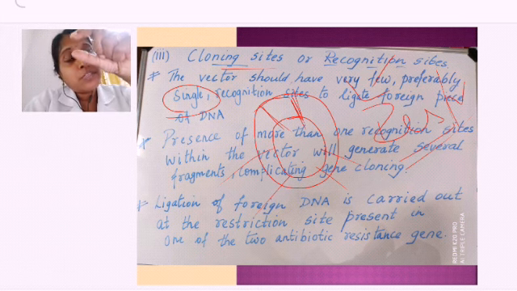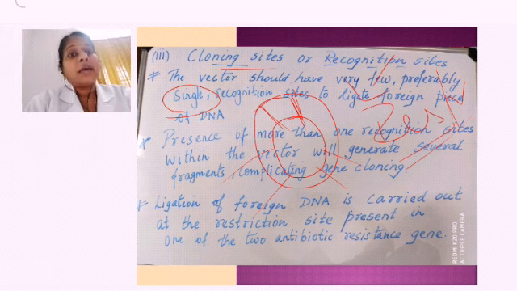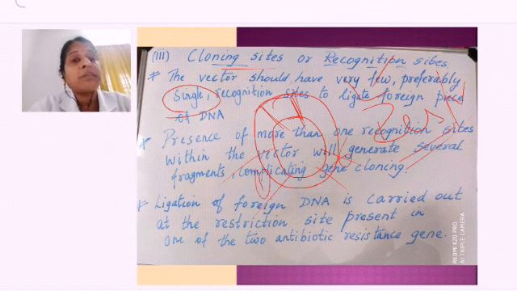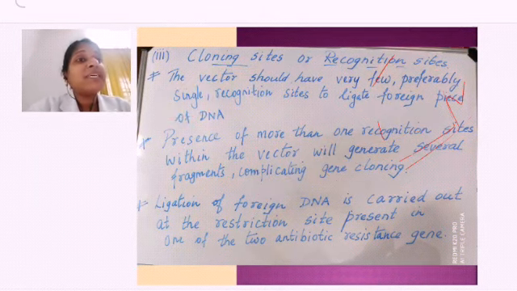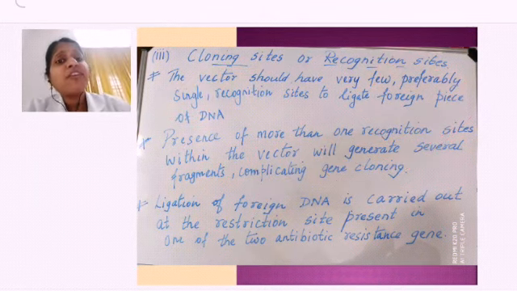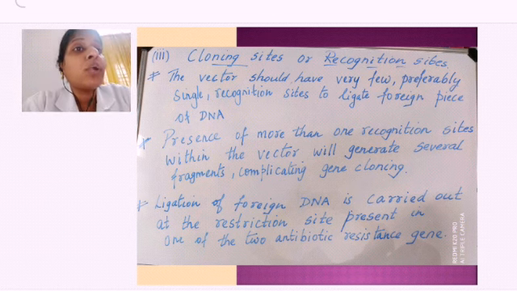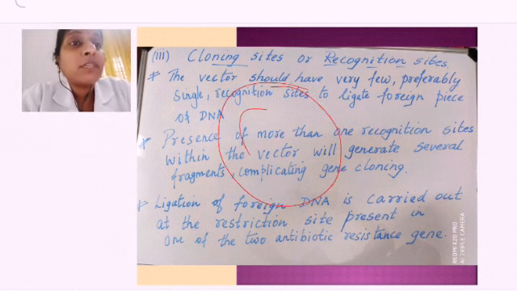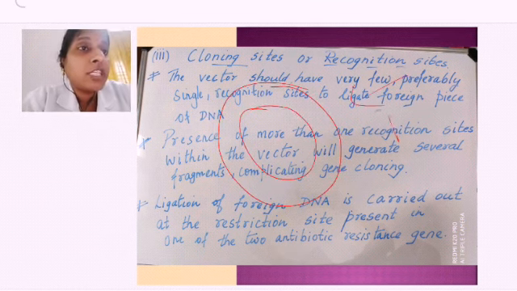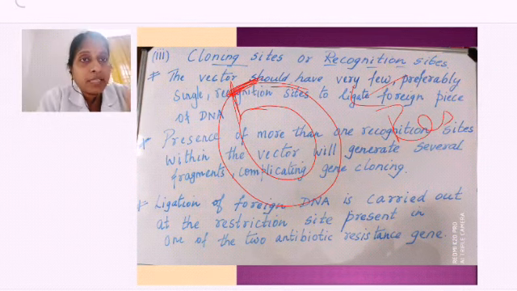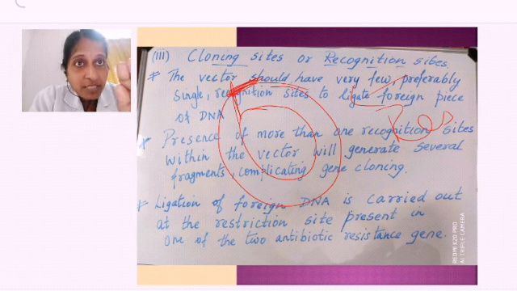In which one I will introduce my DNA, and again with DNA ligase I have to paste this one, other segment, everything I have to paste, isn't it? So in order to avoid that, I will be selecting a vector which is having very few. Sometimes I will prefer having only one recognition site, which means if I add a restriction enzyme, correctly it will go and cut at a particular site. They will not go and cut in any other site excepting that one single site,